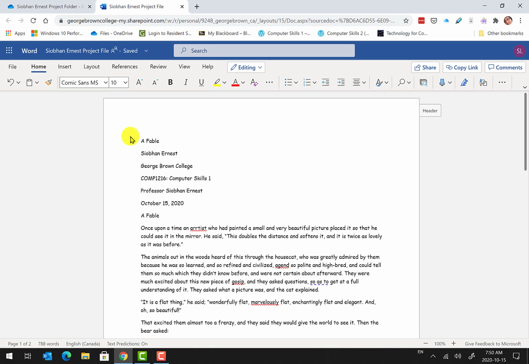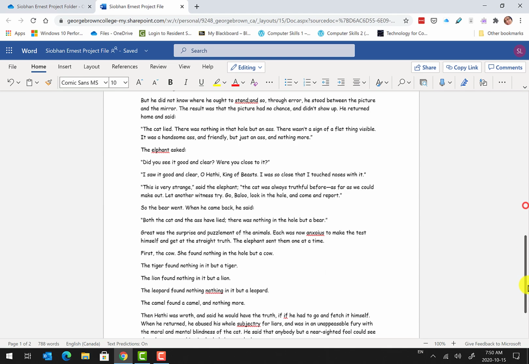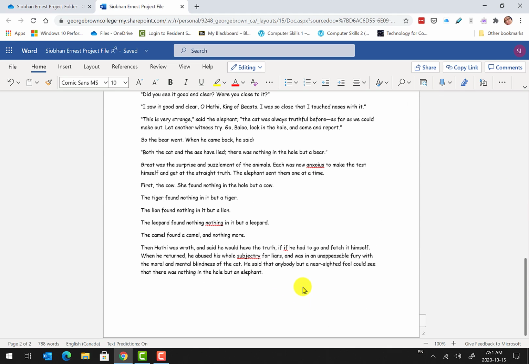So I have these lines typed at the top. Now I'm going to go to the end of the document. So I'm going to scroll down to the end of the document, place my cursor at the very end of the text, and press enter. You'll notice that there are some underlines for spelling errors. I'd like you not to correct the spelling errors in the document at the moment. So at the end of the document on a new line, I'm going to type, and I'd like you to match the case, Moral by the Cat,